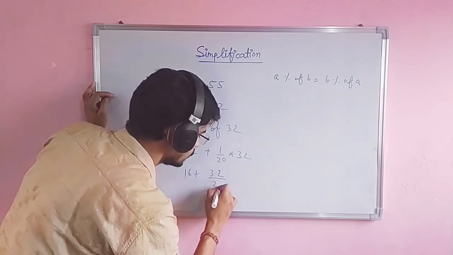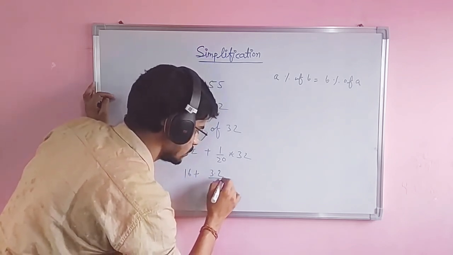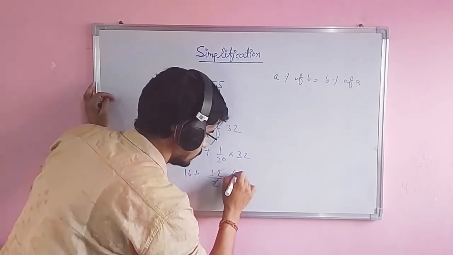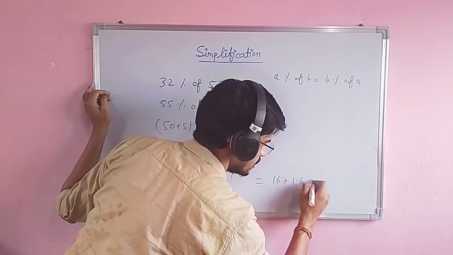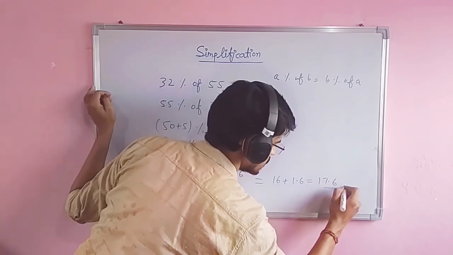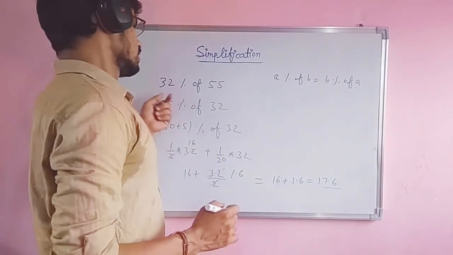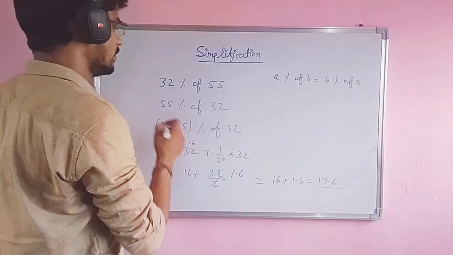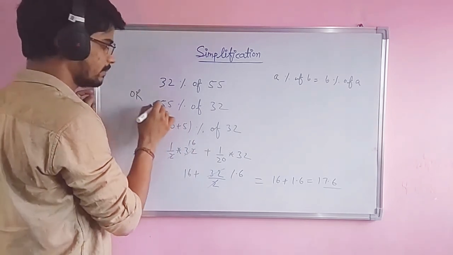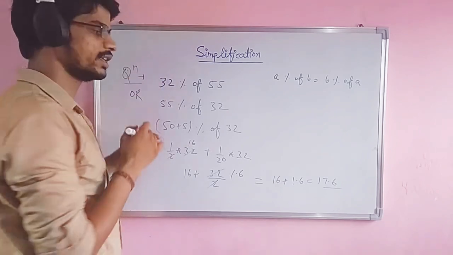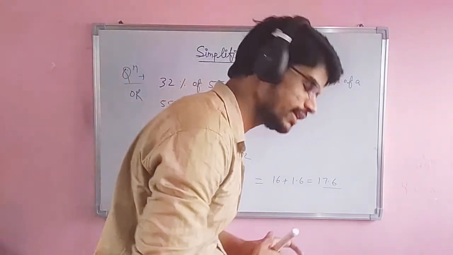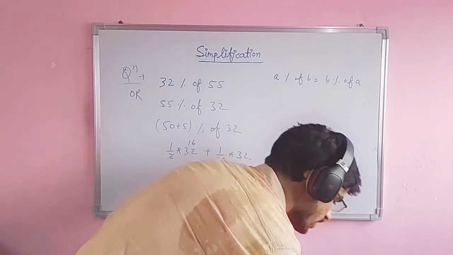3.2 divided by 2 equals 1.6. So 16 plus 1.6 is equal to 17.6, which is 32% of 55 or 55% of 32. Clear? I hope you are getting it. Next question is